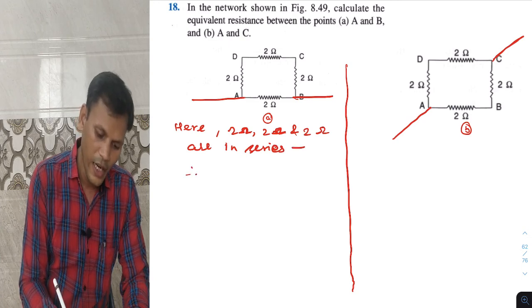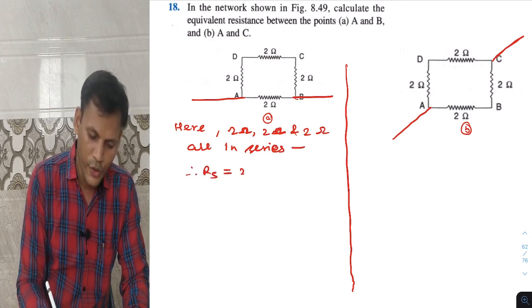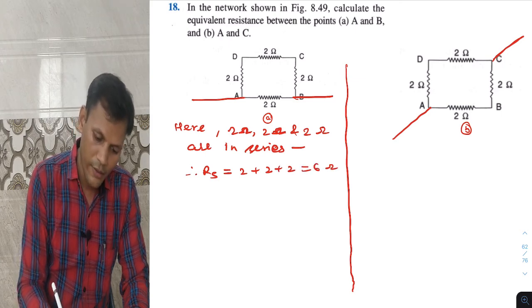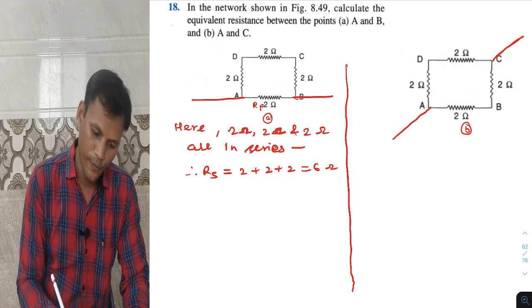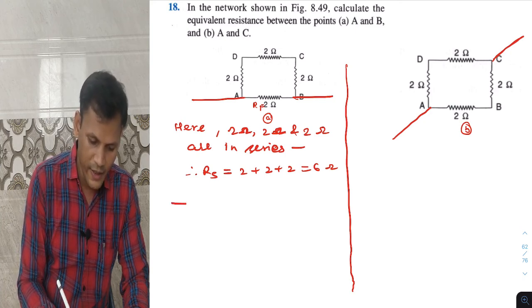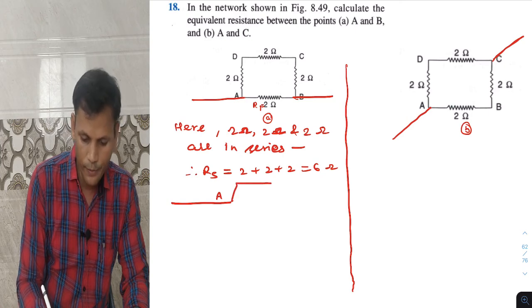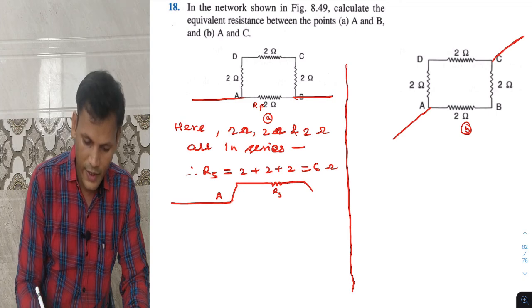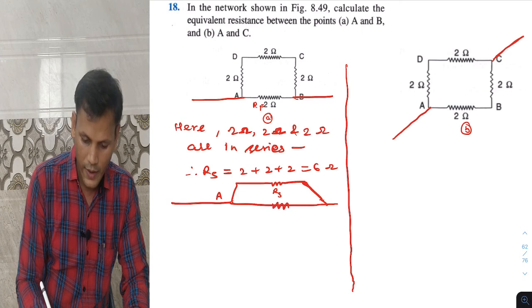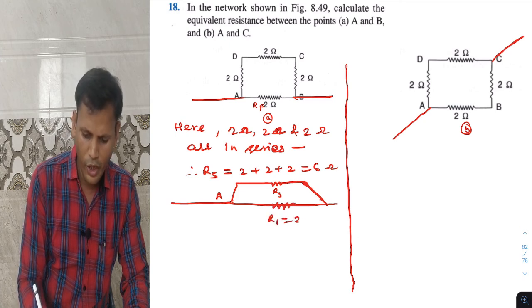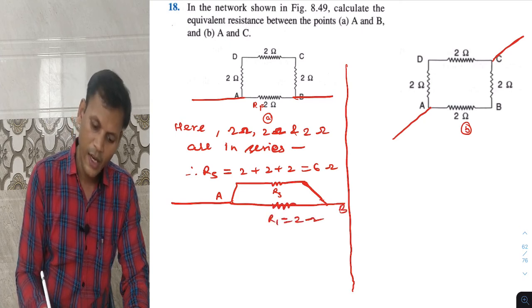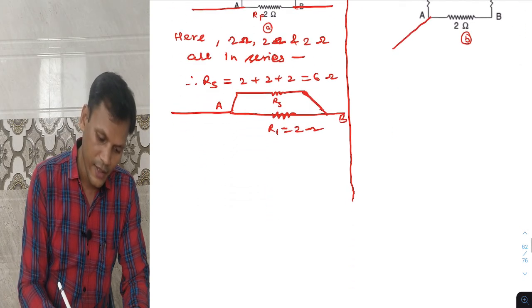So therefore Rs will be 2 plus 2 plus 2, that is 6 ohm. Now I will take it as R1, 6 ohm. So this diagram becomes like this: it is A, and it is now 6 ohm, Rs 6 ohm, and this part is R1, which is 2 ohm. Now we can write, since Rs and R1 are in parallel,